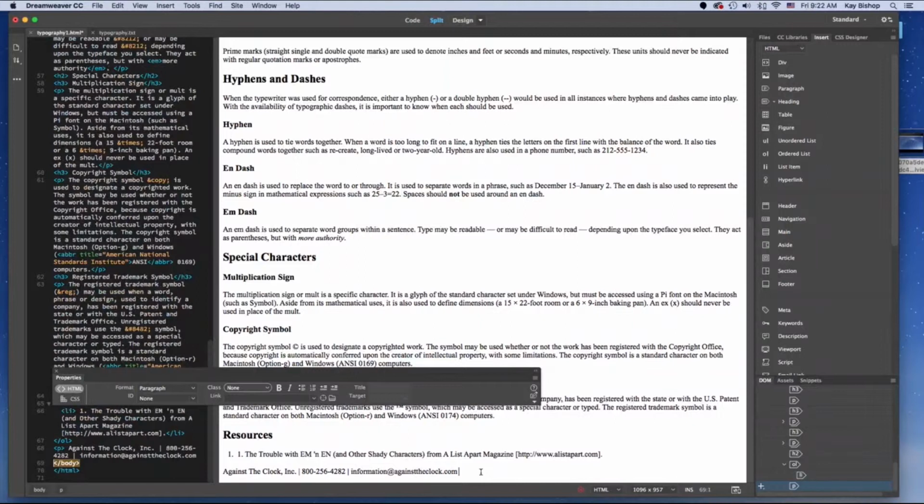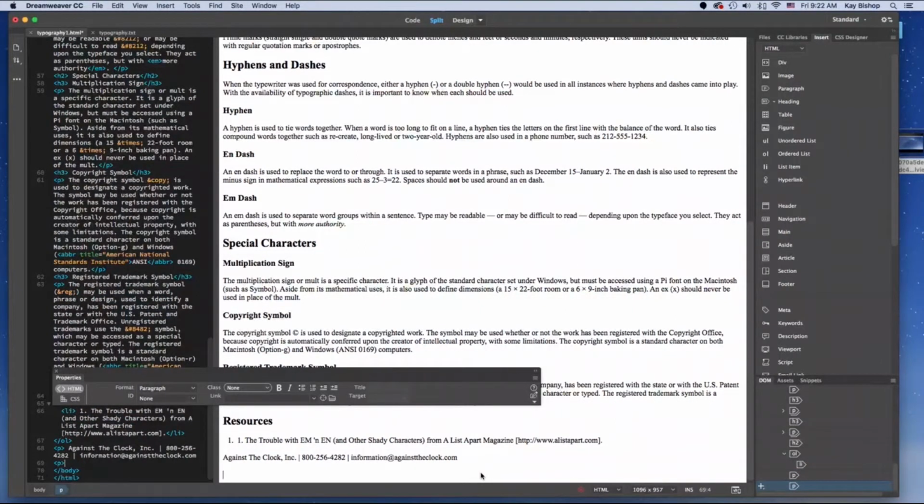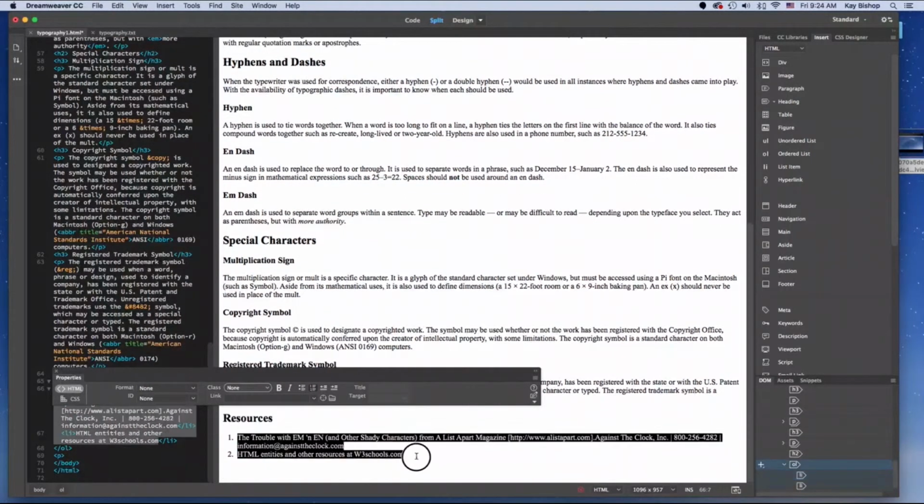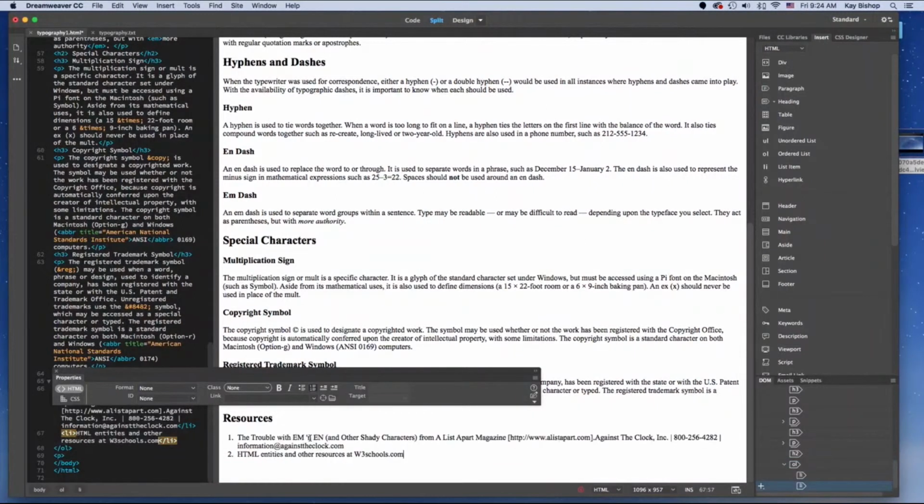If we hit return, we can type in some more information and it will assign it the number 2. So we can go ahead and just delete the extra number and type in HTML entities and other resources at W3 Schools. If you select that text and hit the ordered list button,